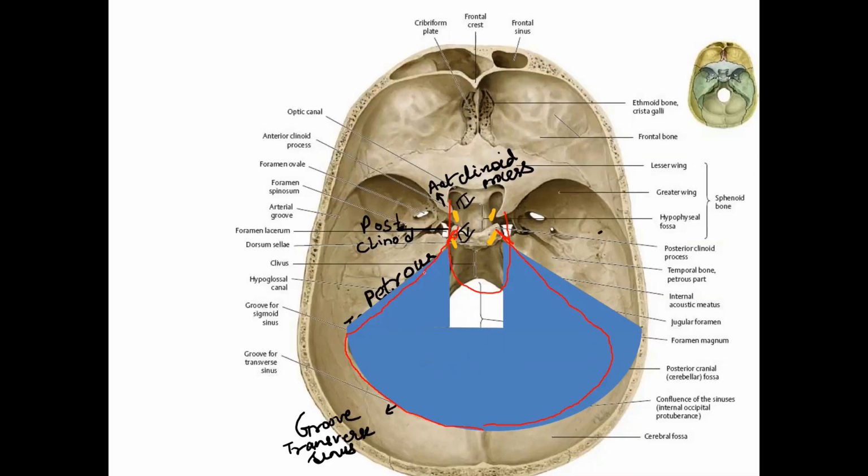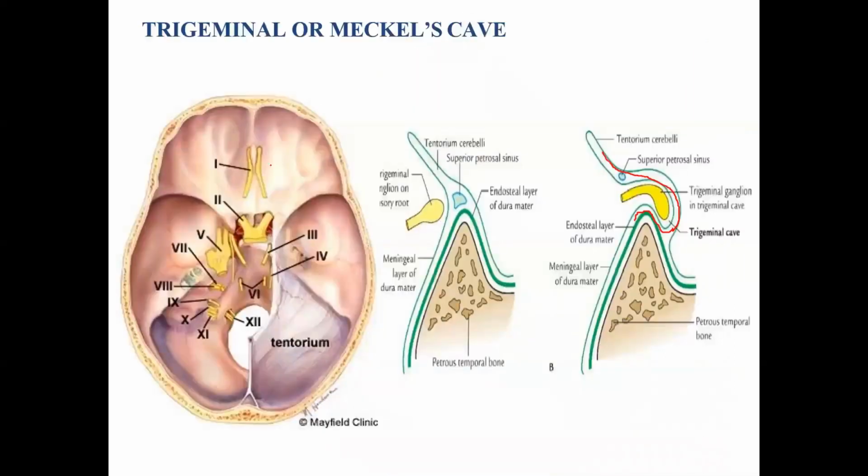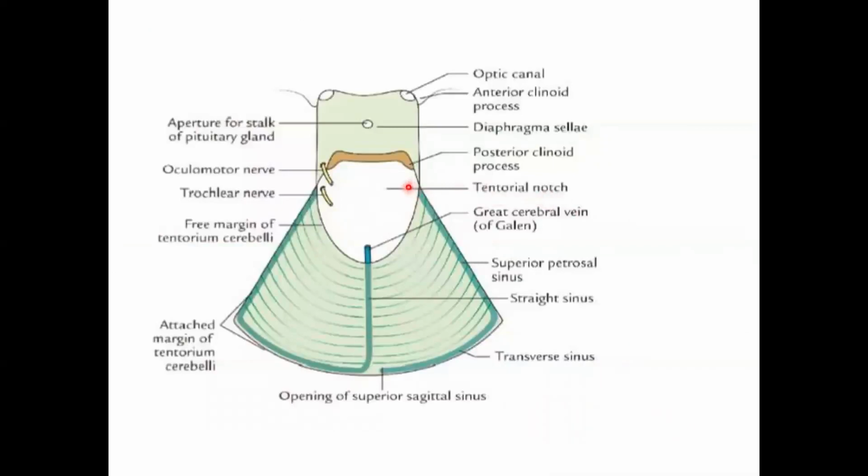Now, along the anterior surface of the petrous temporal bone, in this diagram we can see the petrous temporal bone, and on the anterior surface the trigeminal ganglion is present. The tentorium cerebelli, while it passes over the superior surface of the petrous temporal, will also enclose this trigeminal ganglion in a cave, that is the trigeminal cave or Meckel's cave. In the third diagram, we can see the complete envelope of the trigeminal ganglion by the tentorium cerebelli.